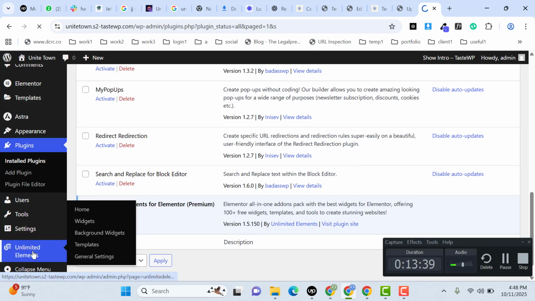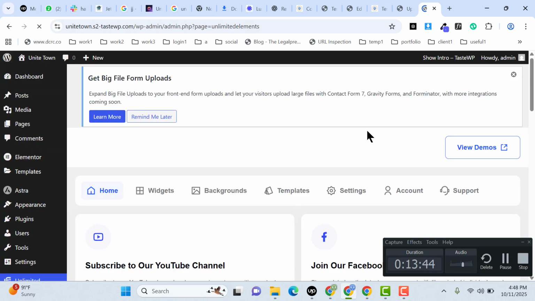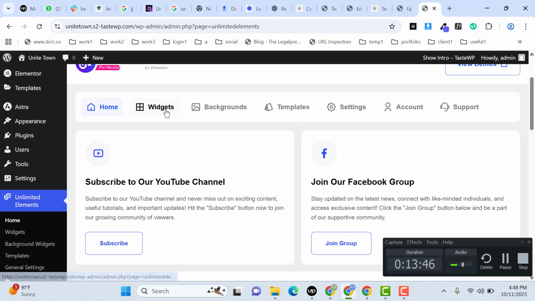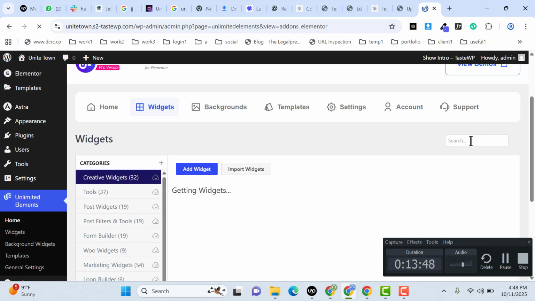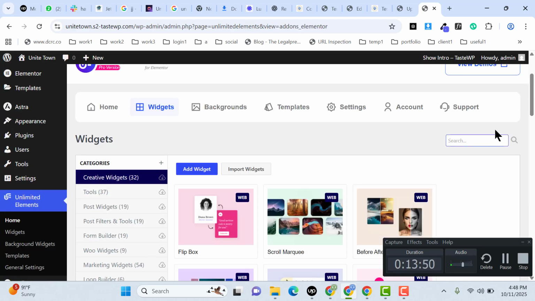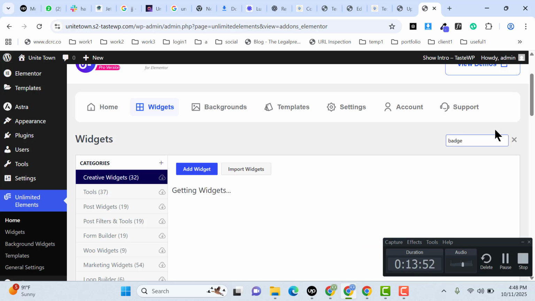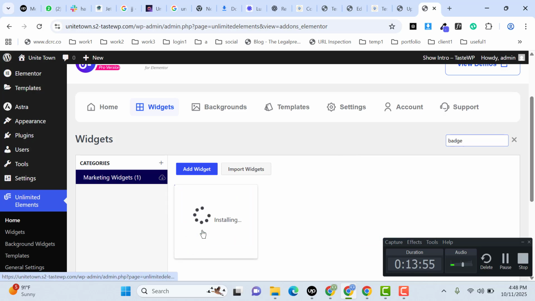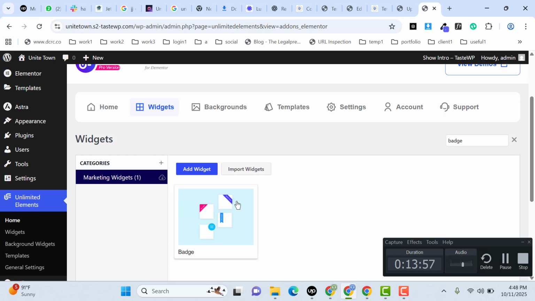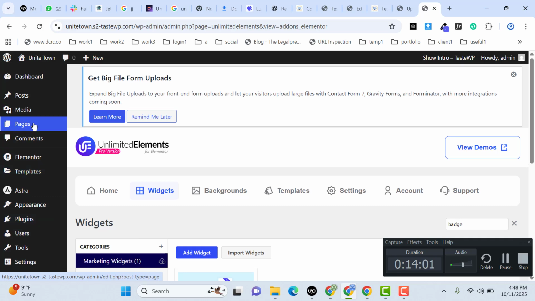So now let's go back and click on Unlimited Elements. Now scroll down and click on widgets, and here you can search for badge. Now you can install this widget. After that, let's go back,